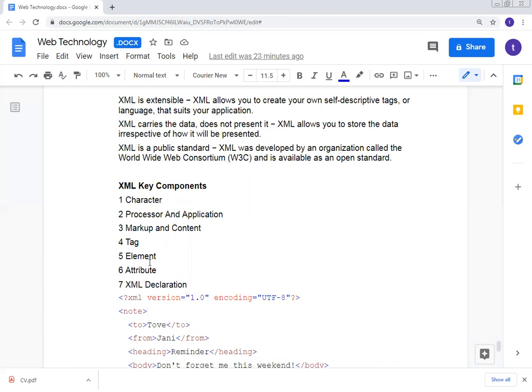But in HTML you only design the looking part, and that's why HTML is case insensitive. HTML uses only predefined tags, and XML allows user-defined tags. HTML is static, and XML is dynamic. There is one more difference: HTML does not preserve white space, but XML preserves white space.